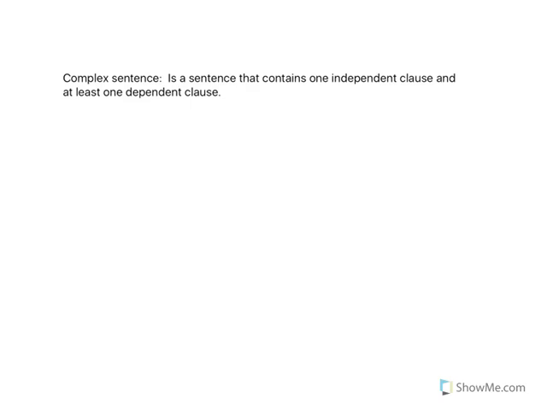Okay, so we're going to start by defining a complex sentence. A complex sentence is a sentence that contains one independent clause and at least one dependent clause. So just to review, we're going to talk about what a clause is. It's basically a group of words or phrase. And an independent clause is going to be a clause with a subject and a verb that makes sense on its own. So an independent clause might be